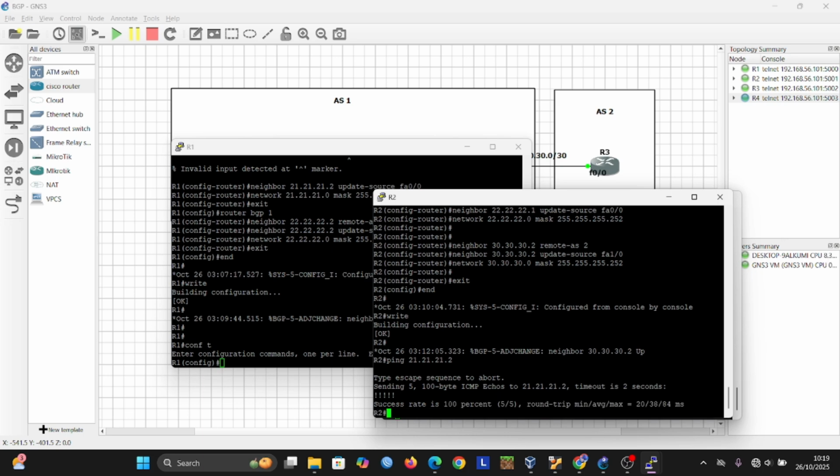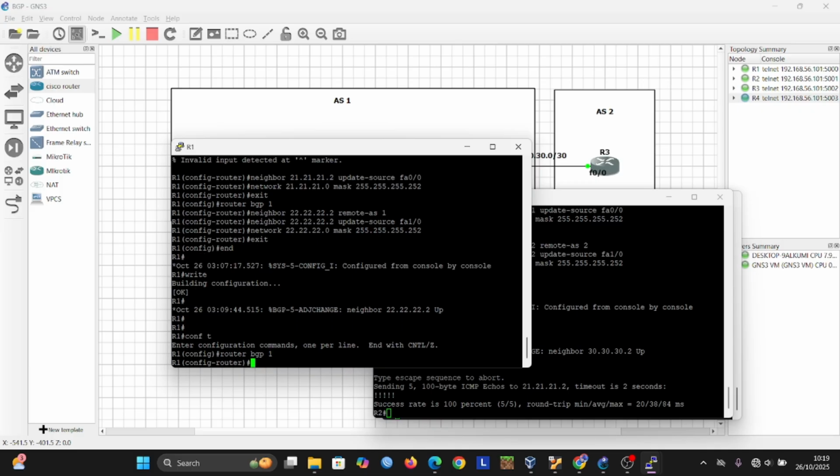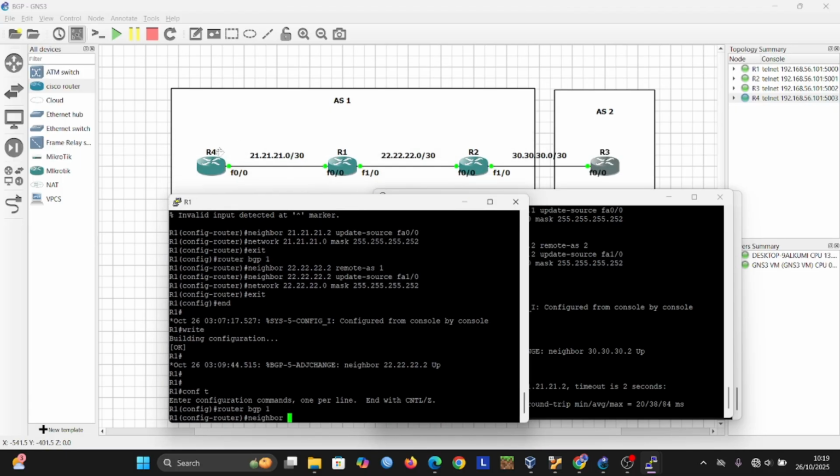Okay, we continue the configuration of router 1. We enter router BGP and enter the area. We add the IPs of router 4 and router 2.